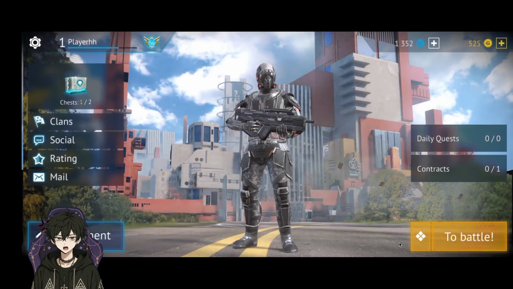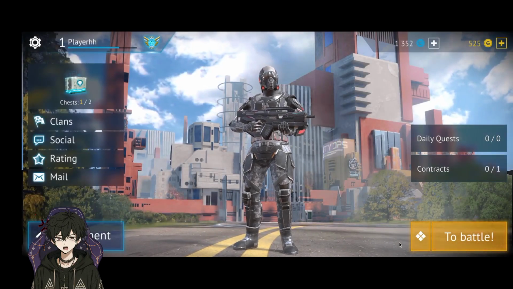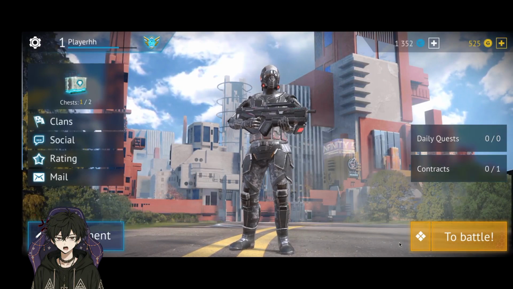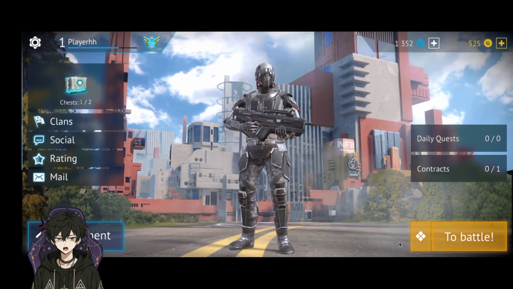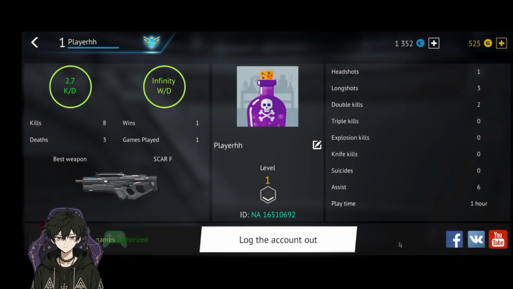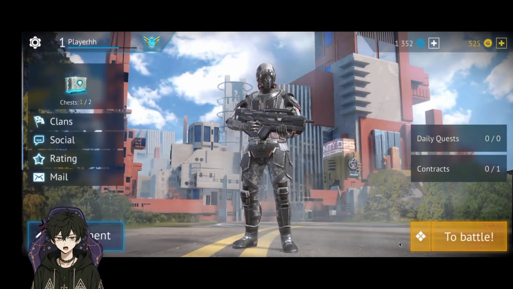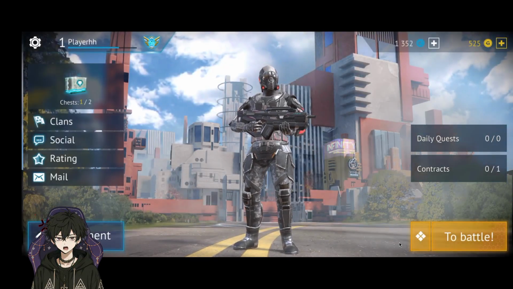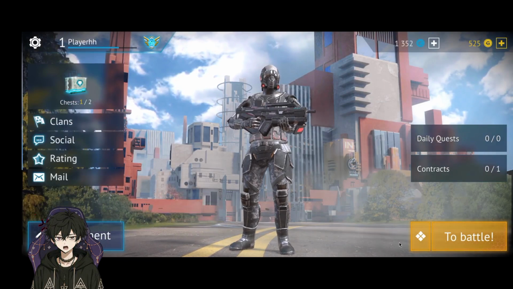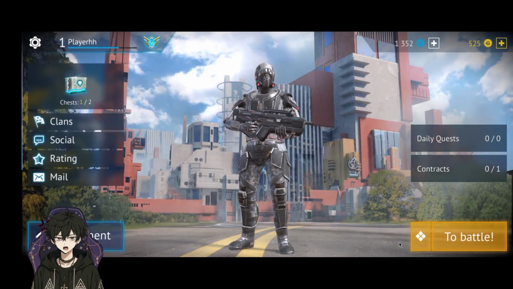If you don't know how to find player ID, you can click on the player name. Then you can see here the ID. So in my case, my ID is 165100692. So this is how you can find ID and add your friend, or you can give your ID to